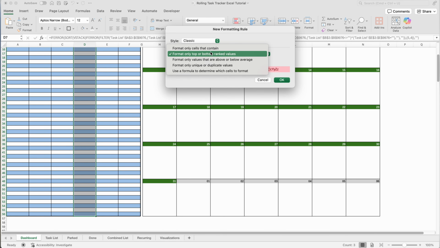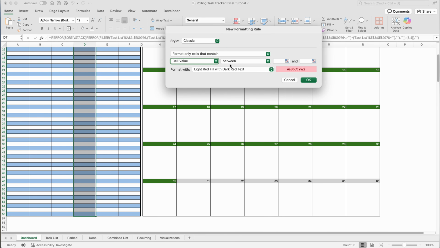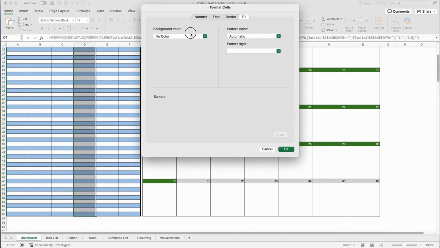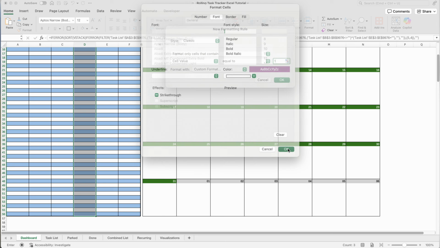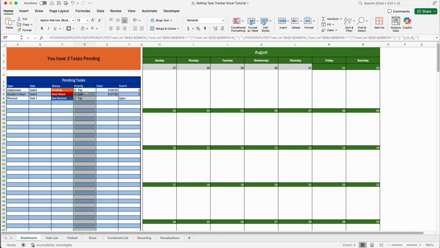classic, format cells that only contain, cell value equal to, and so now instead of typing out 1 space dash space recurring, what you have to do is just type the number because there should only be one number per. So I'm going to put 1 for recurring. I'll go to custom format, fill, change that to a purple color, change the font to white, hit OK, and OK. So if there are any recurring tasks, which there are not right now, it will flow